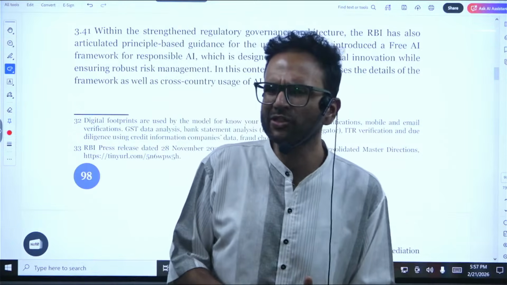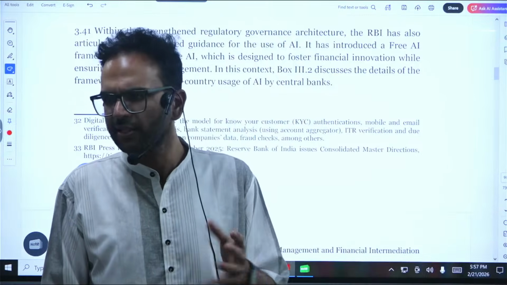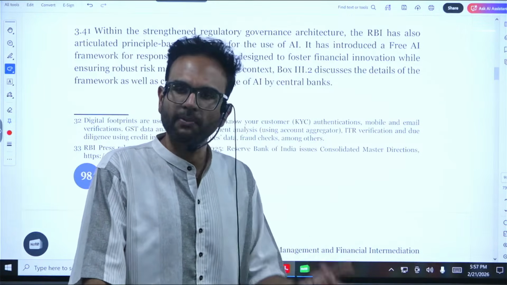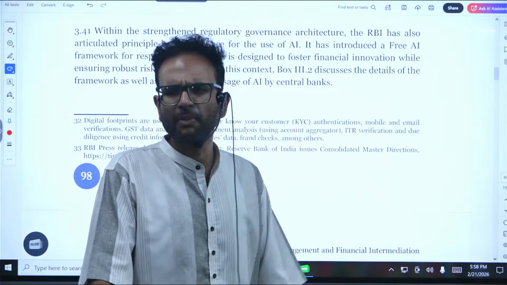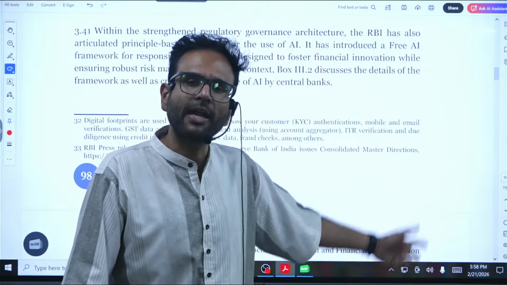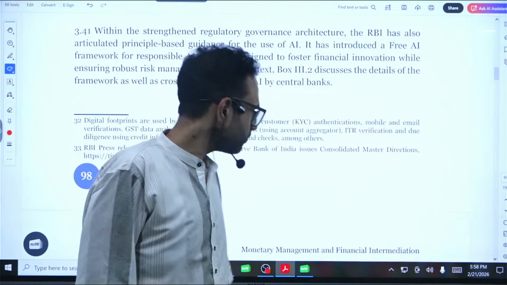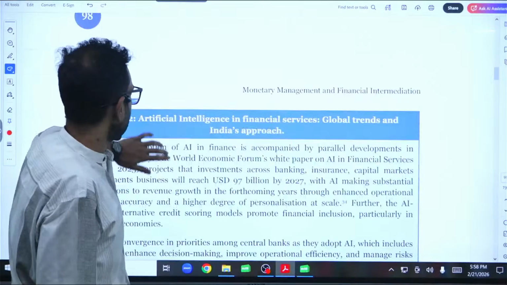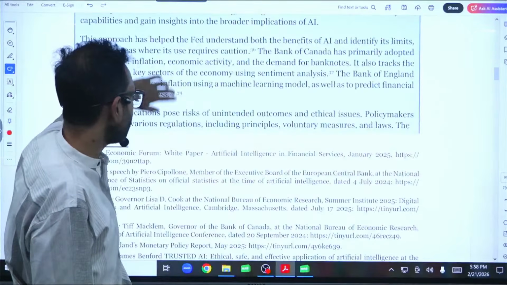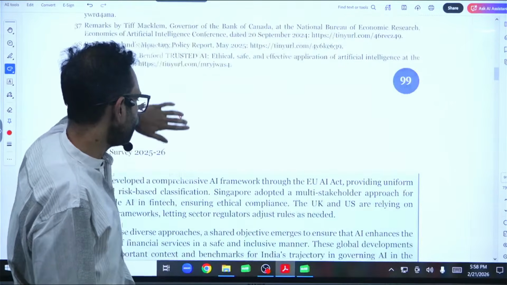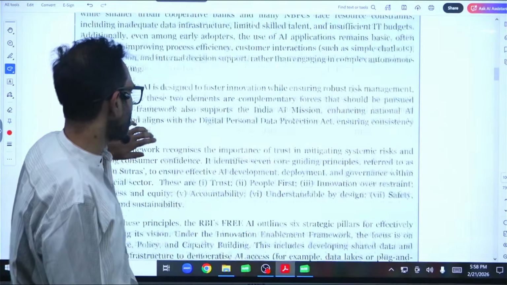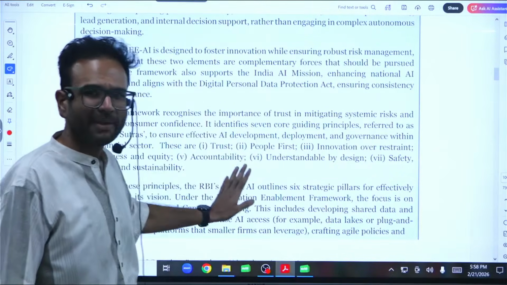AI adoption will be a bit slow in the public sector. Maybe the adoption rate will be slightly higher when it comes to private banks. Public sector banks will eventually catch up, but mainly for taking decisions, not for reducing manual work. Now, this is what the survey says. Here in that entire box, anything that would be interesting and important for you is just that 21% of the banks. The rest is all for mains content.